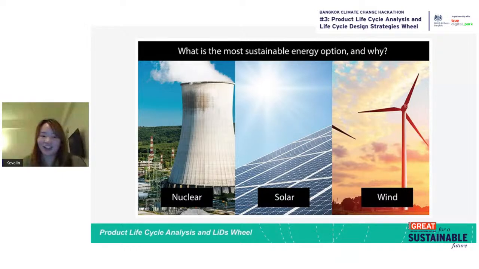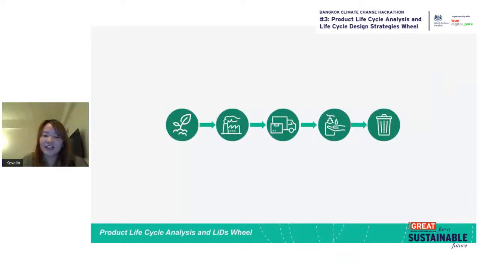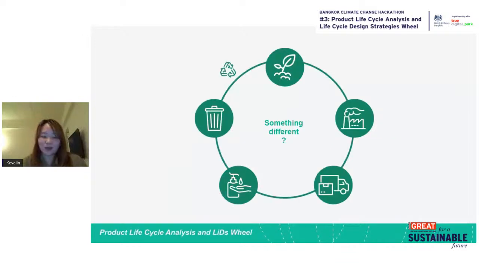And when we look at the system we have nowadays, you might already know that what we have is quite linear. We take natural resources from here, we make stuff, use them, and then we dump everything to the landfill. But in fact, it doesn't have to be that way, because the linear system is man-made, meaning that we can make something different, and we can reduce the environmental impact that we created as well. The question here is, what is something different?